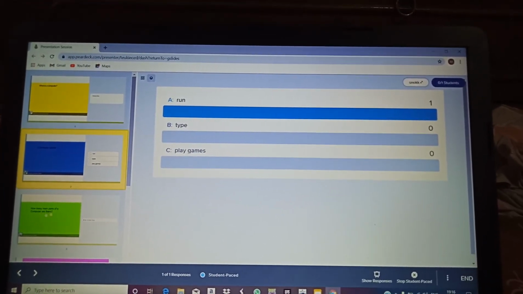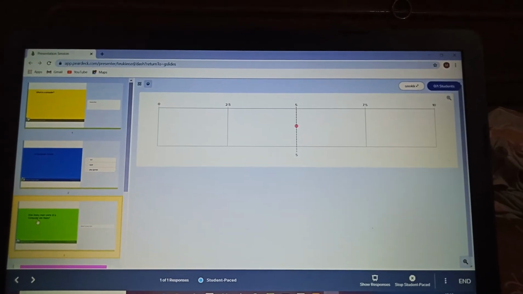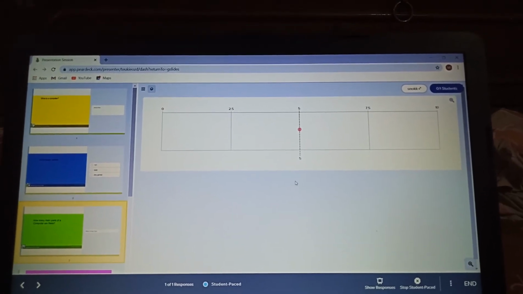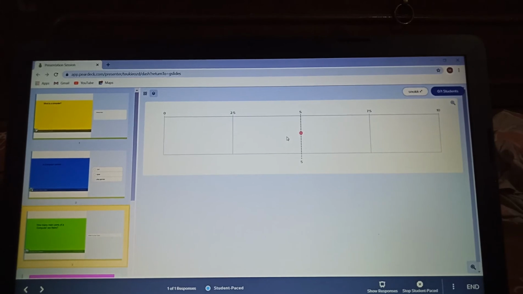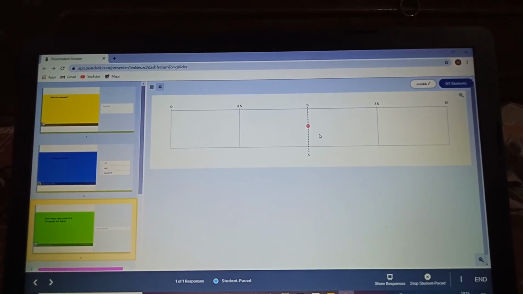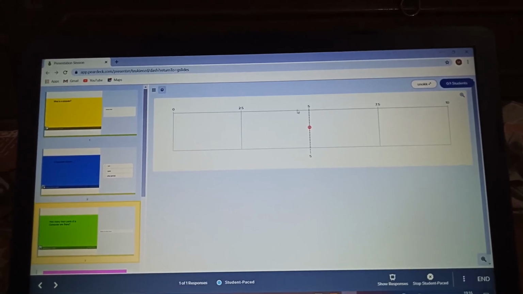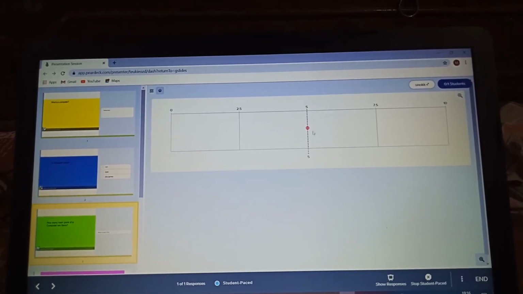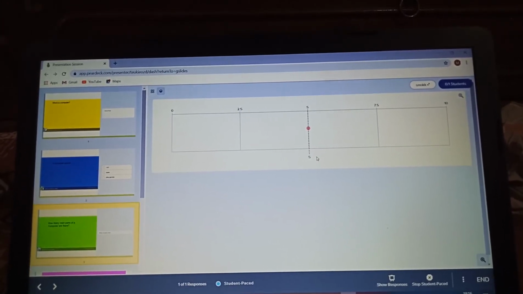Now I am choosing slide number 3. Slide number 3, you can see this. As I told you, this is an advanced software, so the answer is showing graphically, the numeric one. Someone has clicked on option number 5 or 4. This is coming like this. See. Now the next slide.